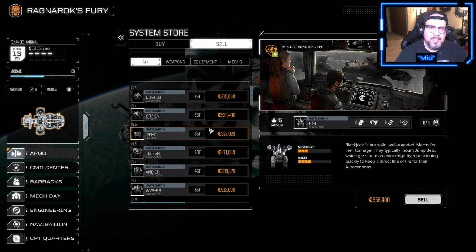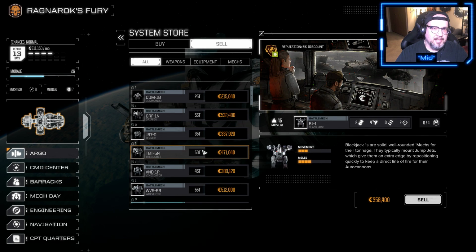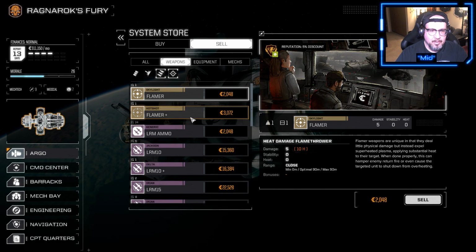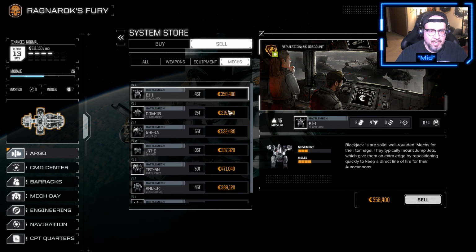Hopefully when I'm selling these, because they're in storage, it's not selling the weapons that would normally be mounted on them, because that would suck if I'm suddenly losing a bunch of stuff. Let me look at weapons. I should still have some LRMs. Okay, so I have 2 LRM-15s. Alright, so if we go back to mechs,